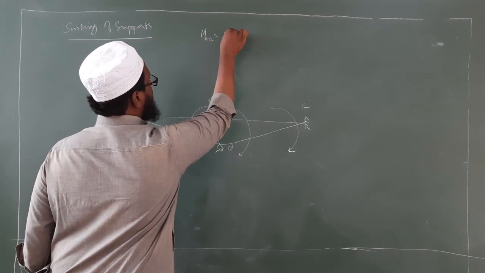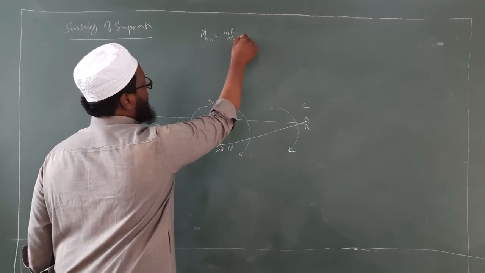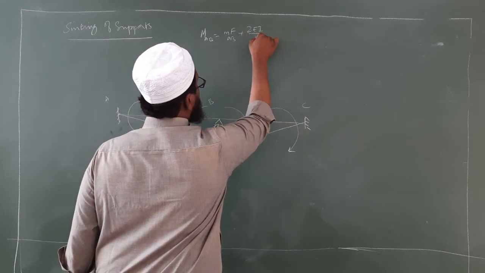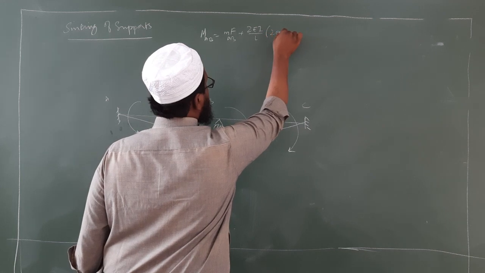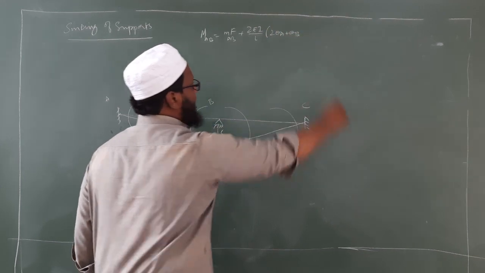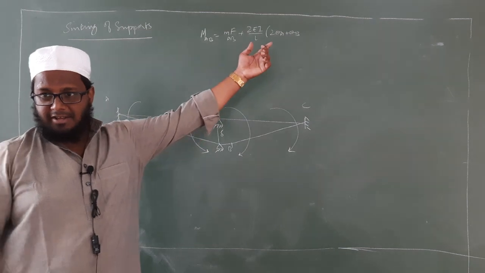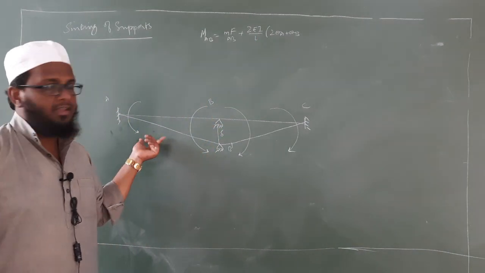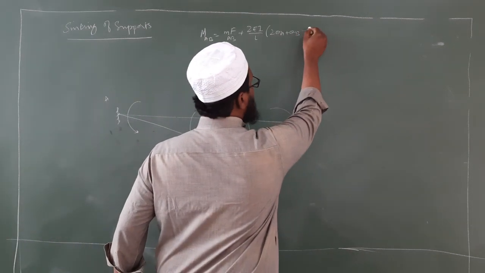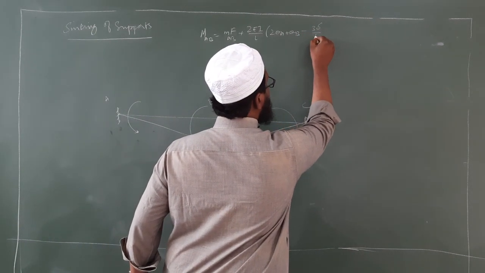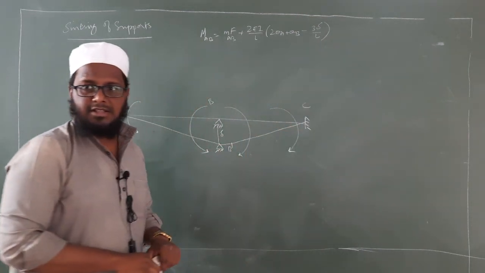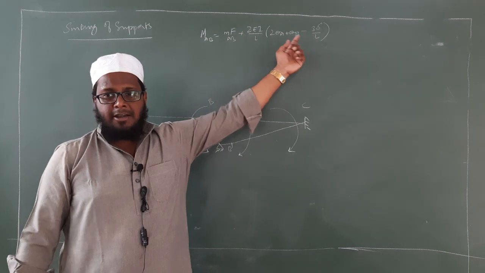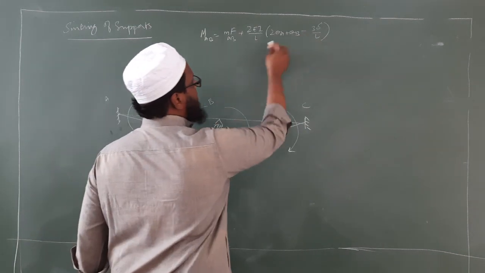And the value of that is given as, suppose for example I am calculating MAB. MAB is equal to, we know the formula, MFAB plus 2EI by L into 2 theta A plus theta B. One extra thing we are adding here, that is, for AB we will be having extra moment, that is minus 3 delta by L, for AB and BA, minus 3 delta by L.